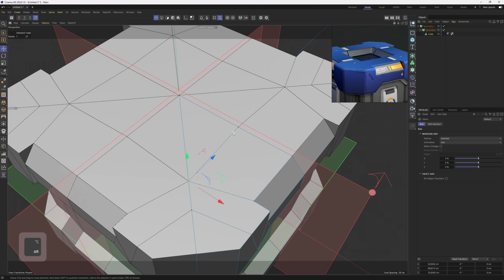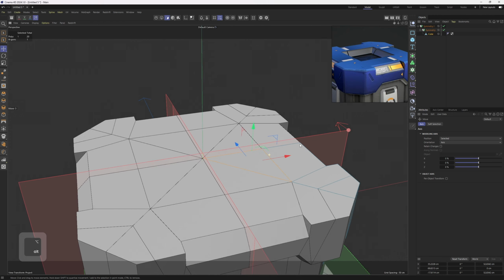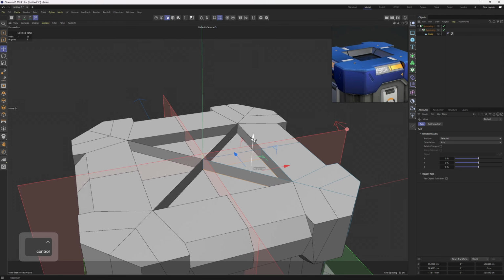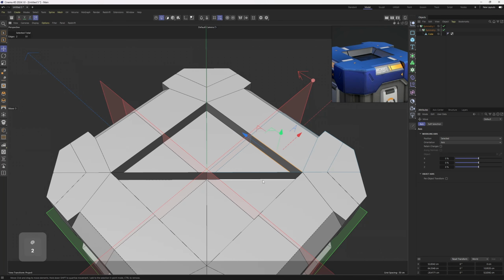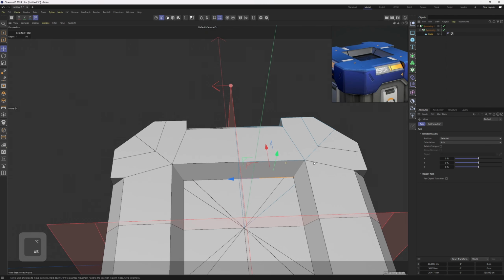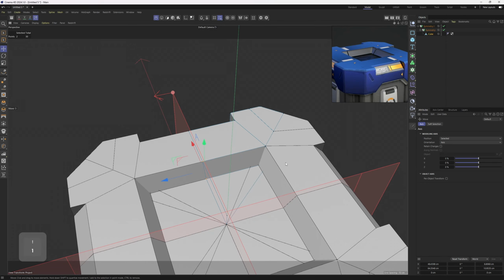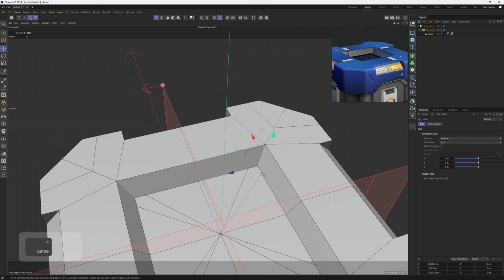Ctrl C. We need the X position. Select this and paste that over. Nice. Now I will hold down Ctrl, bring this polygon down, remove that leftover, then I'm gonna move that edge. Since we are using radial symmetry, these points are not gonna match, so I'm gonna move that one to